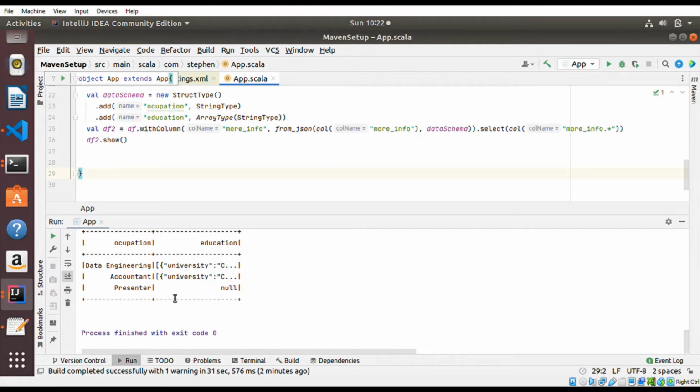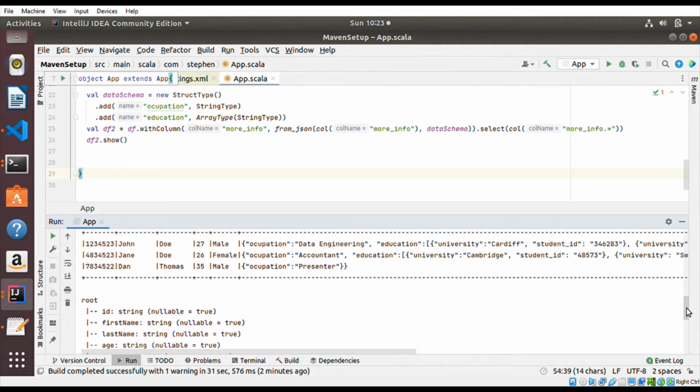As you can see, the last one has none, because the data doesn't have this education part. This is Dan Thomas, right? It has only the occupation and doesn't have the education, so that is why it's not giving anything